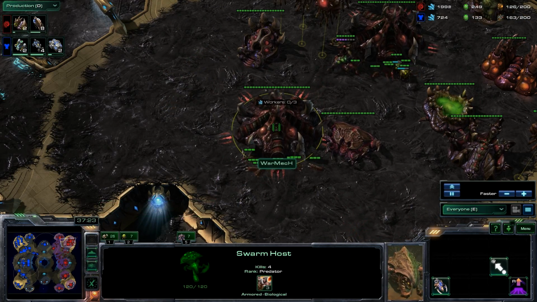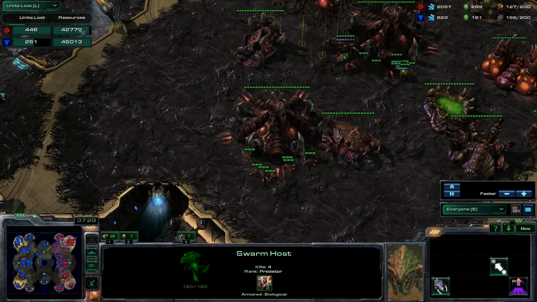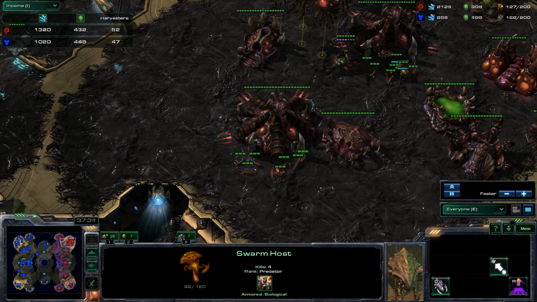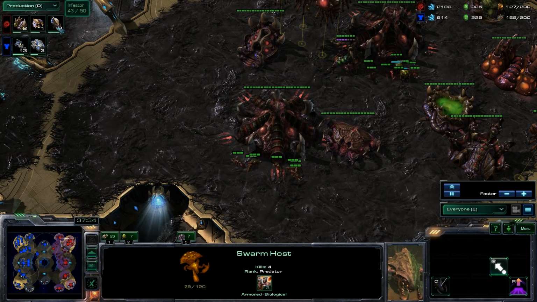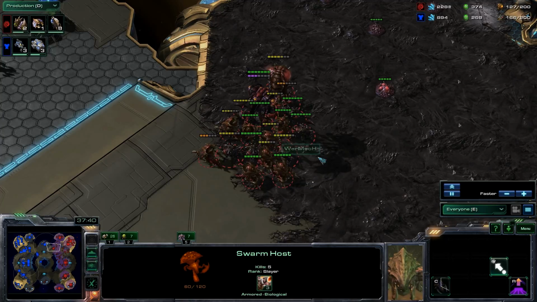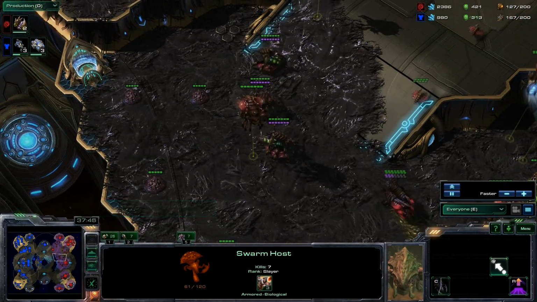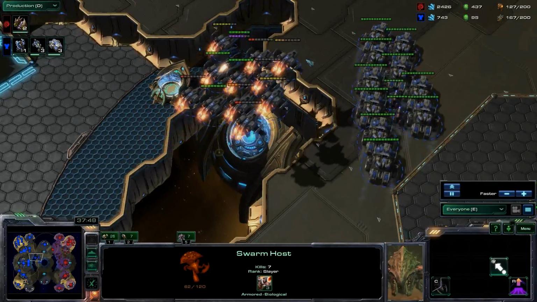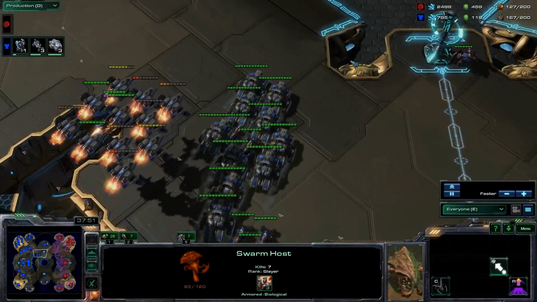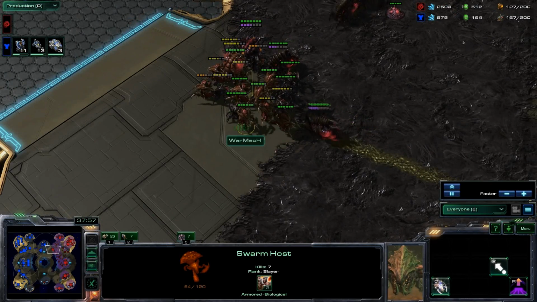Now, WarMech is adding on Infestors. Look at that resources lost tab, by the way. Amazing right now, 37 minutes in. WarMech is adding on Infestors. And Infestors, like I said before, Dustin Browder's favorite OP unit right now. They are very, very good, and they always have been. With fungal growth, with the ability to shoot out infested Terrans, and you combine that with the new Vipers,